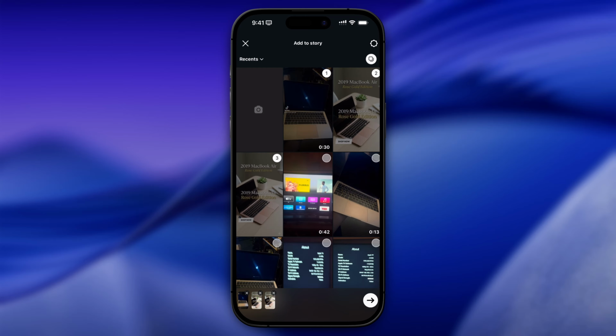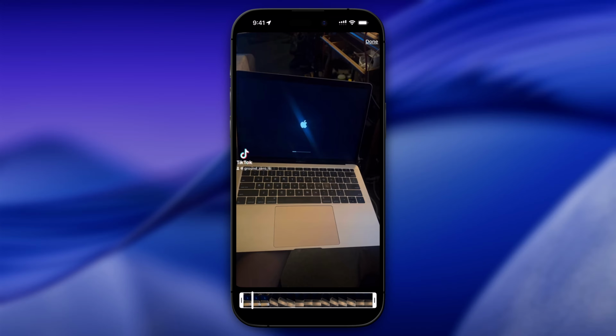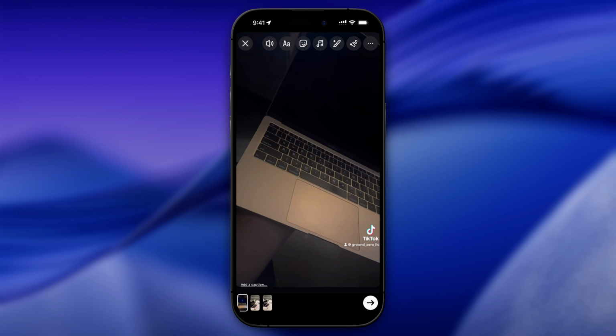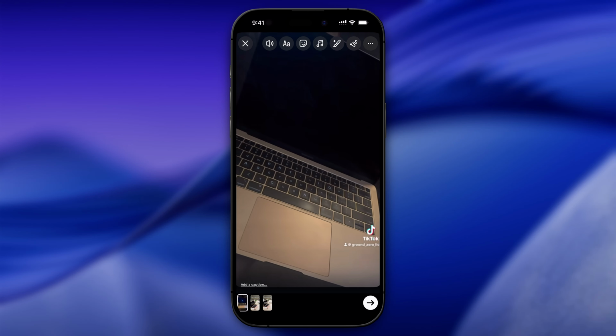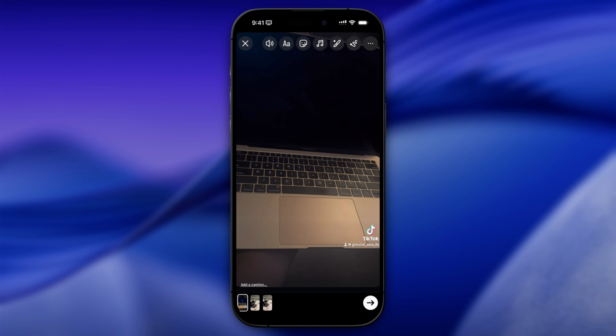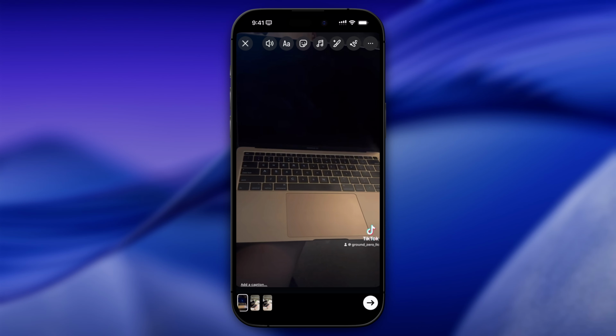Once I click on the next button at the bottom far right, click on the arrow, it's going to bring me to edit these photos, and I'm going to click on done. Once I'm done, now I have these 3 photos as you can see. And what I'm going to do is click on the arrow again, the forward arrow,